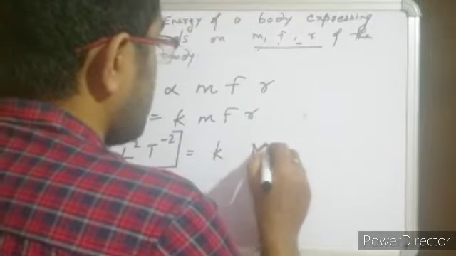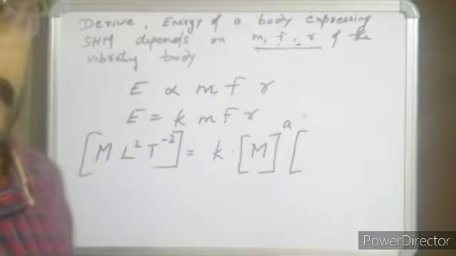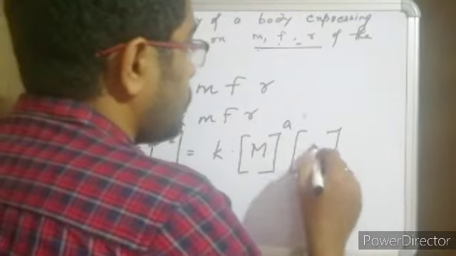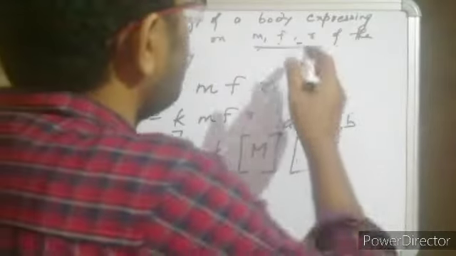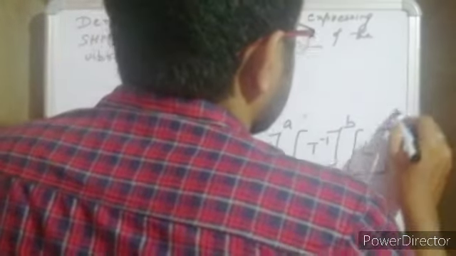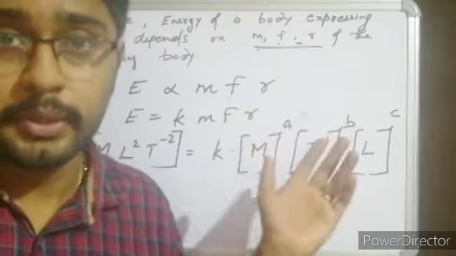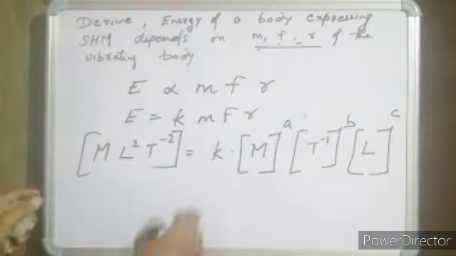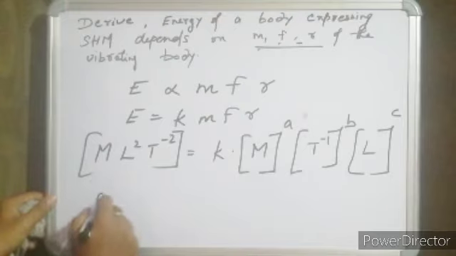So mass m to the power a, frequency is 1 by t, time period, so T to the power minus 1 b, and r is the amplitude, again a unit of distance, so it will be L to the power c. Hope you remember this method, which has been explained in the previous videos. So you got a as equal to,